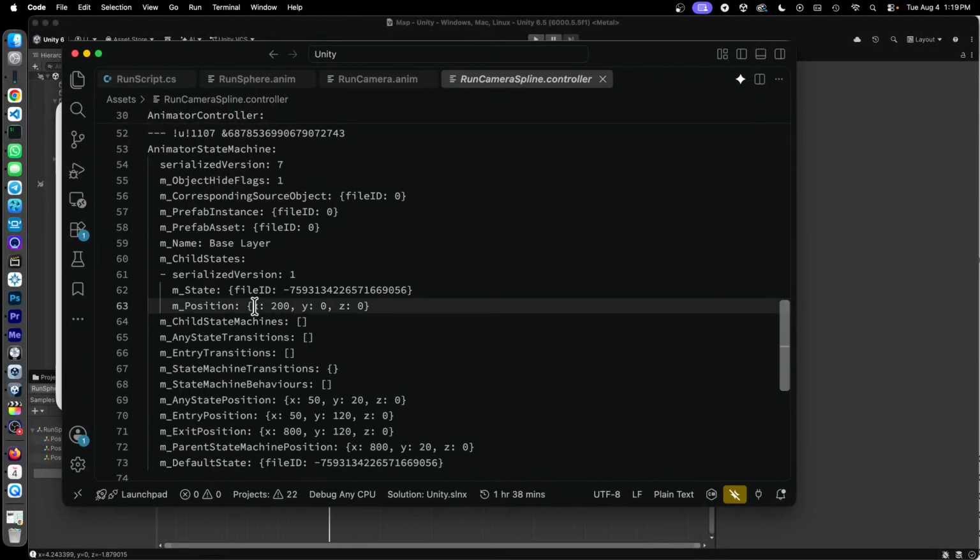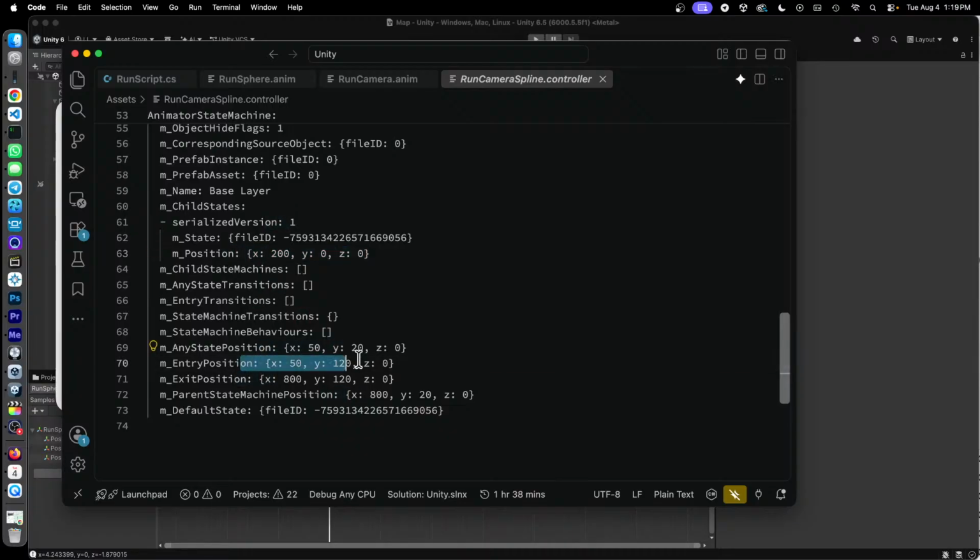Yeah, we can see some position on that. This could have to do with the spline, or maybe something else. I need to explore this. But the point is that we'll position the camera a bit behind the